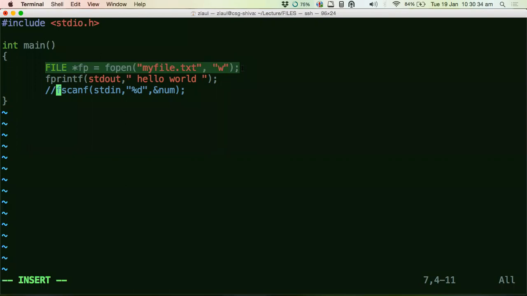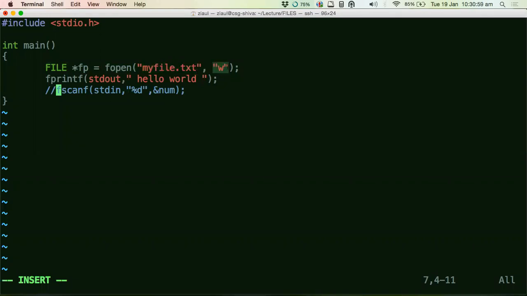It's similar to going to a folder in your system, right clicking and saying create new file. This particular thing does a similar operation. It creates a new file called myfile.txt. You can name it anything actually, I just happen to name it myfile.txt.